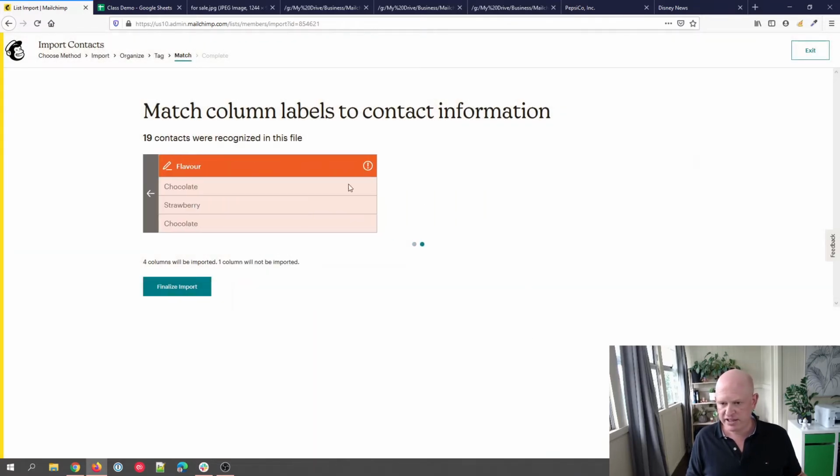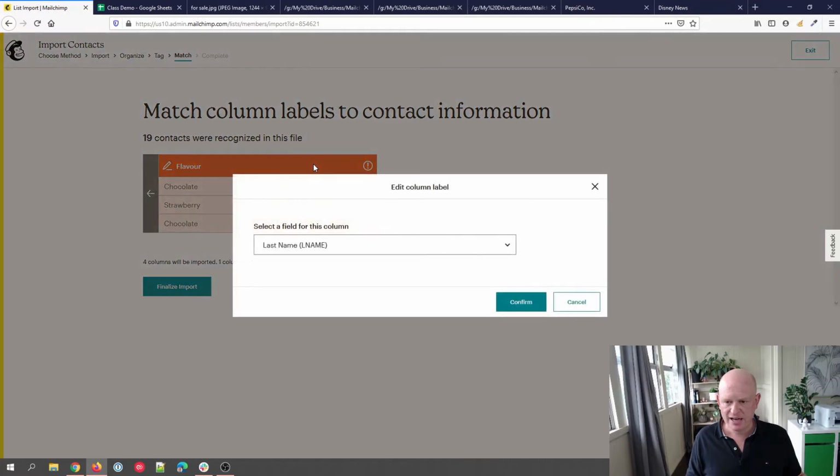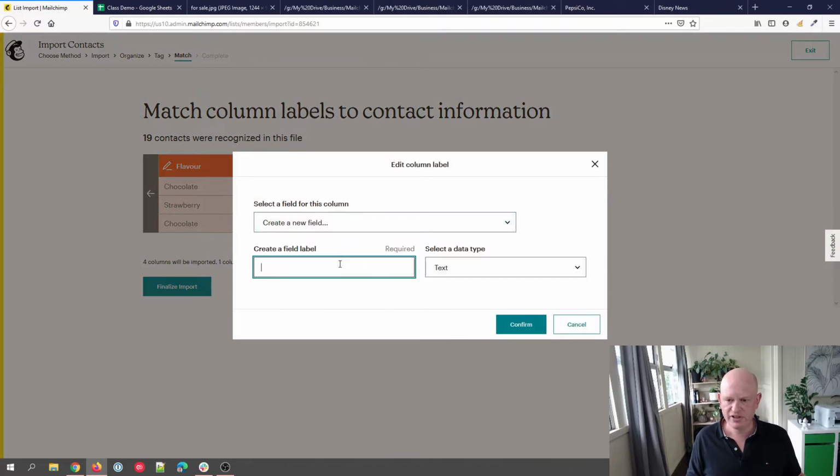Select the data type. I'm just going to select text and I click confirm. Let's go across here. Yep, flavor. I haven't used that before. I'll create a new field. I'll call it flavor. I'm in Australia, by the way. That's why I'm using the U as in FLAVOUR as opposed to OR. And just for people that are in Australia, England, or that use non-American English spelling, I guess, just be aware